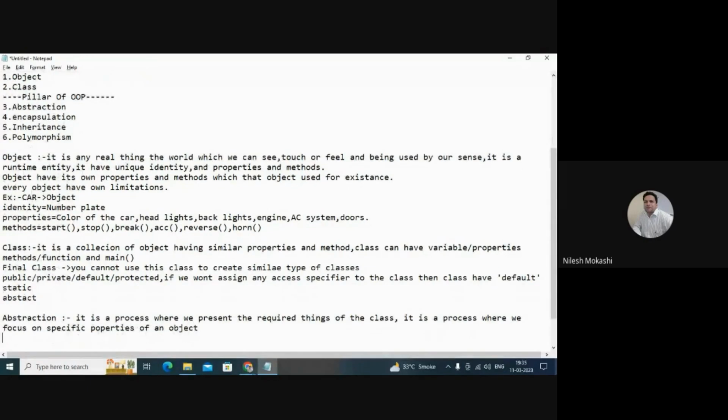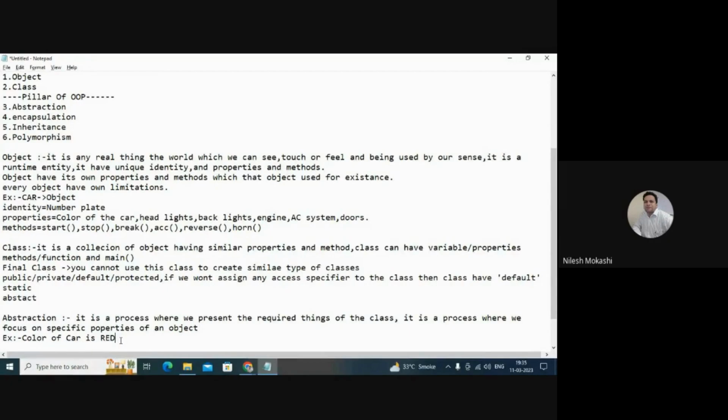Now I'm giving you an example over here. I'm saying color of car is red. Okay, so what I did, I focused on the property called color of the object called car, and the value for the property is red, right?